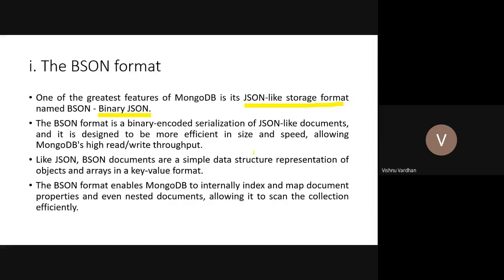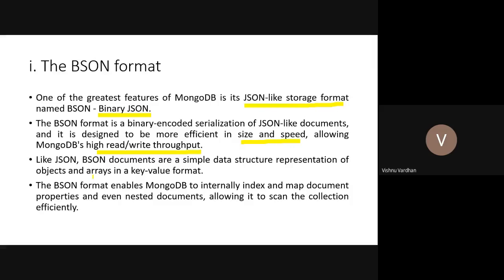Then BSON format is a binary encoded serialization of JSON documents, and it is designed to be more efficient in size and speed, allowing MongoDB read and write throughput to be very high. So it is very easy to do read and write operations using BSON formats. Like JSON, BSON documents are a simple data structure representation of objects and arrays in a key value format.